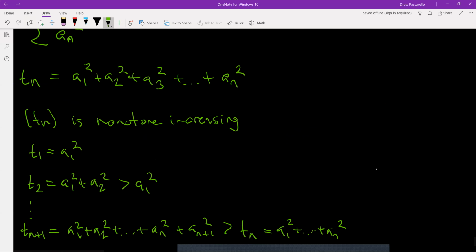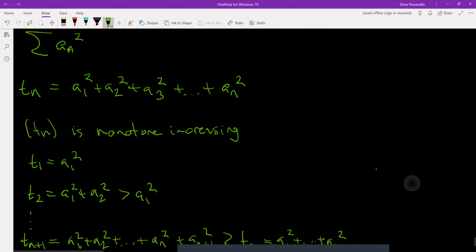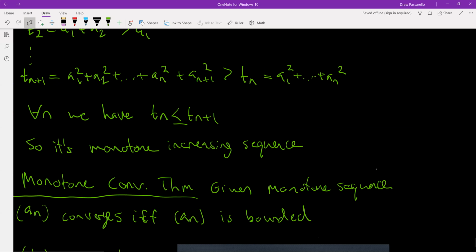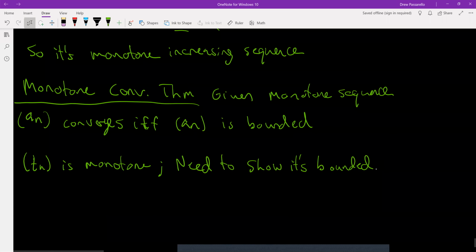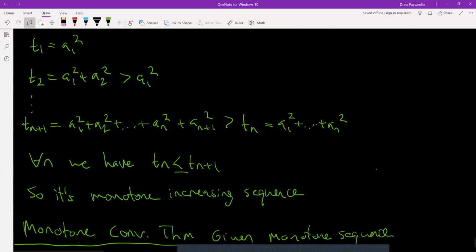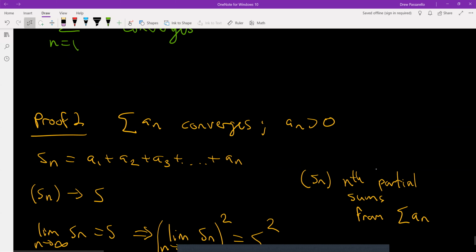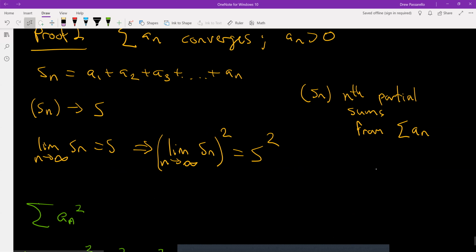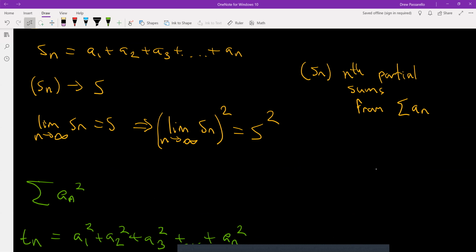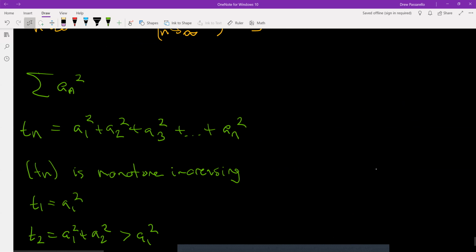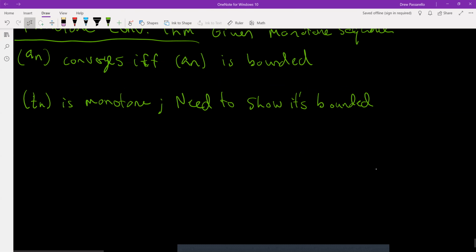So Tn is the sequence of partial sums of the series of an squared. It's a monotone increasing sequence. And so I know, since it's monotone, if I can show it's bounded, then it converges by the monotone convergence theorem. And to show it's bounded, I'm going to make use of what we know: the series of an converges. So when we square it, we get the limit of Sn squared, which is S squared. Now, when you do Sn times Sn,